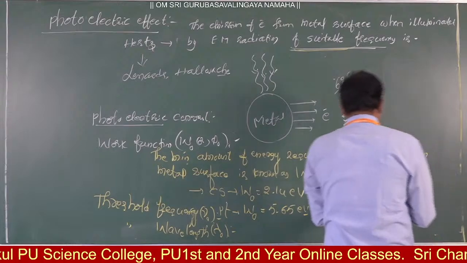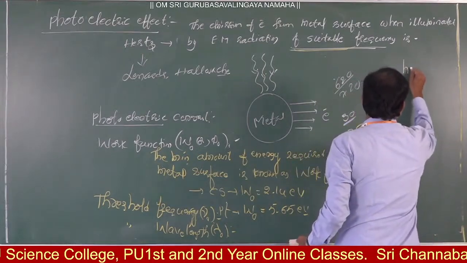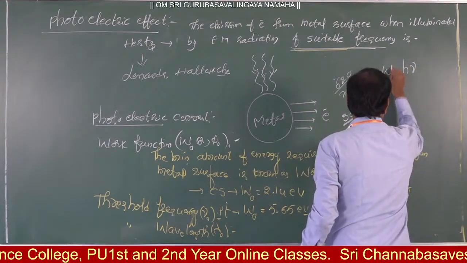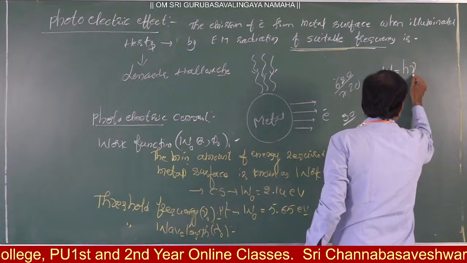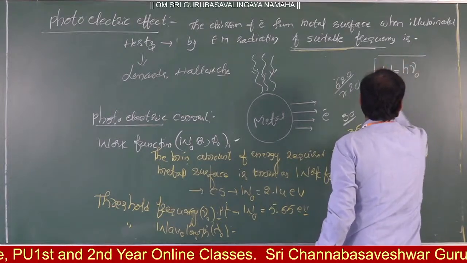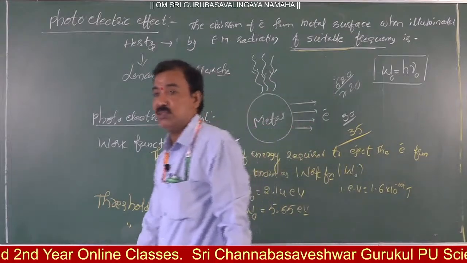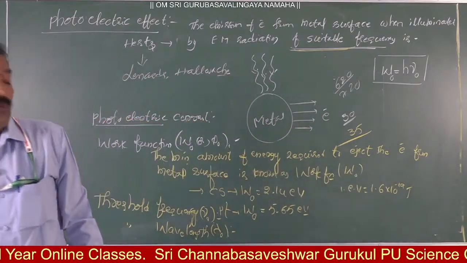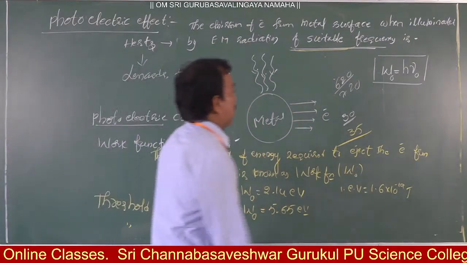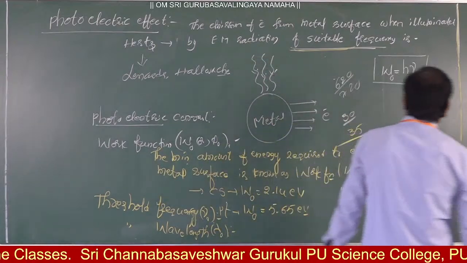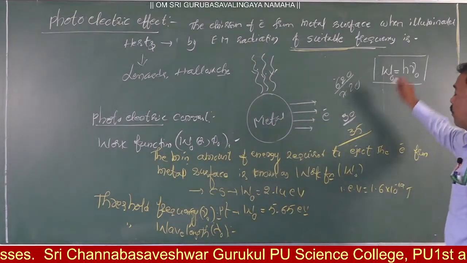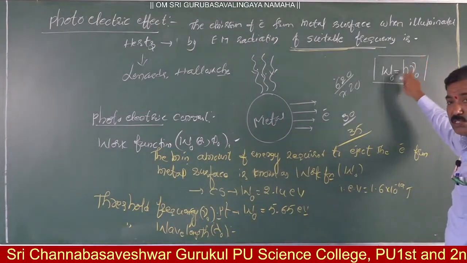So this equation: energy is equal to h nu. So this is equal to work done W, or W naught is equal to h nu naught. This is the one equation. The work done W naught is equal to h nu naught, where W naught is the work function, h is Planck's constant, and nu naught is the threshold